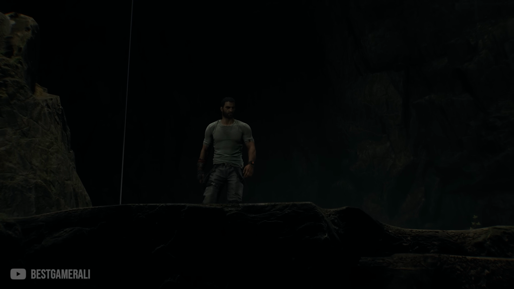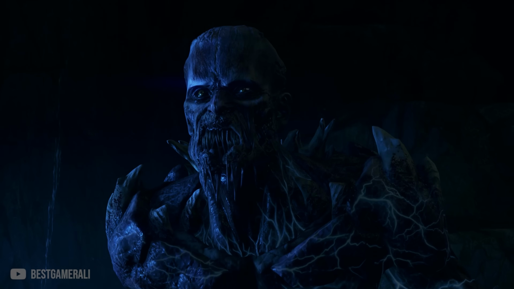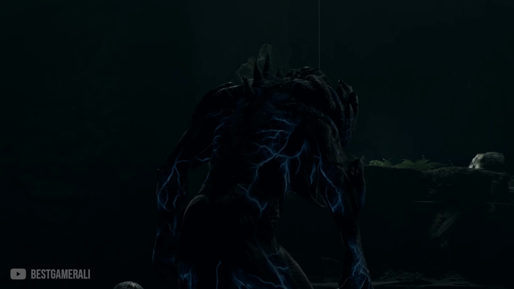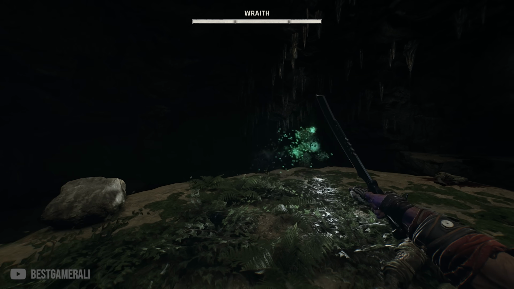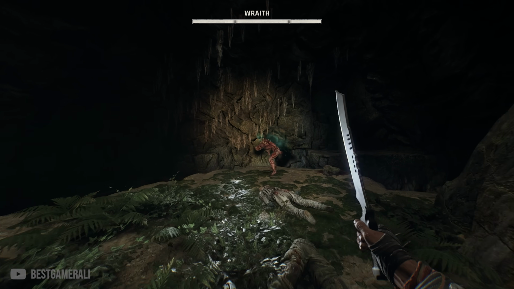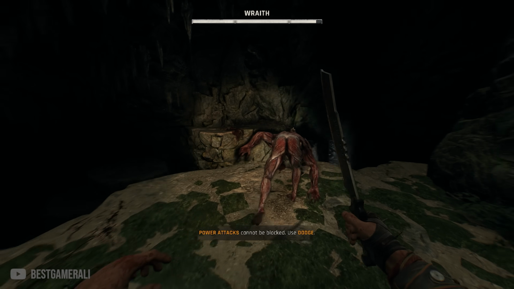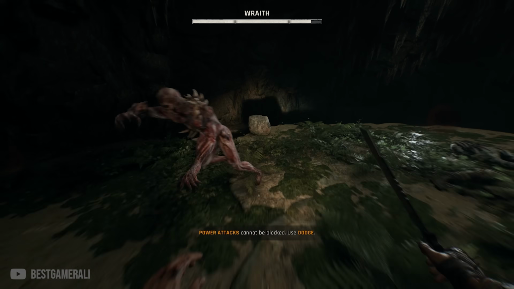But then there's also another volatile in the game that is actually an abomination. The creature here is made by the antagonist of the game, and I'm talking about the Chimera variant of the volatile, also known as the Wraith Chimera. Now if you consider this a volatile, it easily becomes the most powerful variant of the volatiles. I mean, this is the first volatile that can actually go invisible, and only the UV light can expose its location. Plus, this volatile is highly resistant to almost all types of attacks,